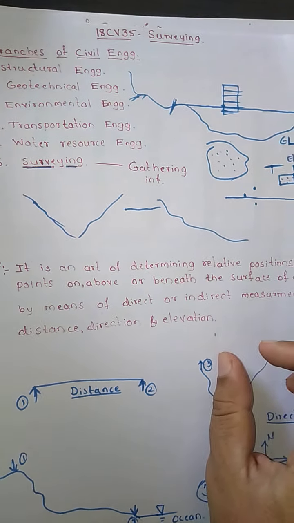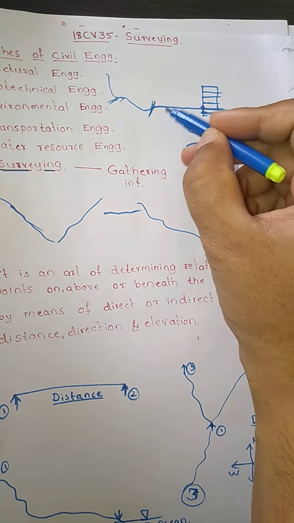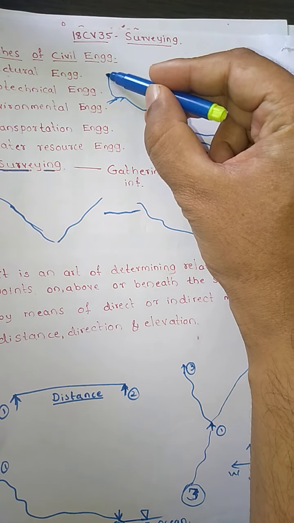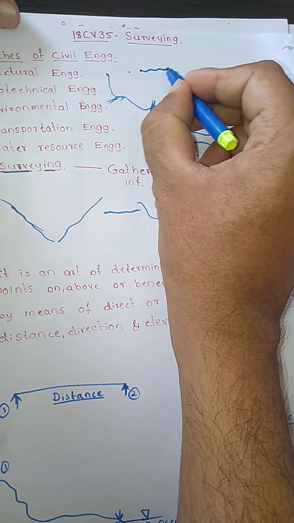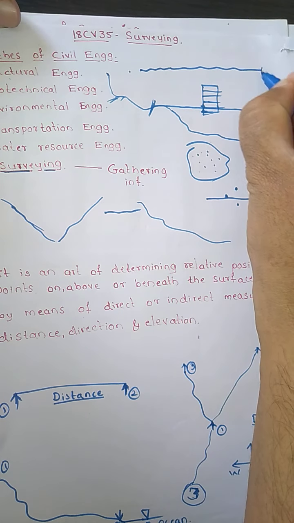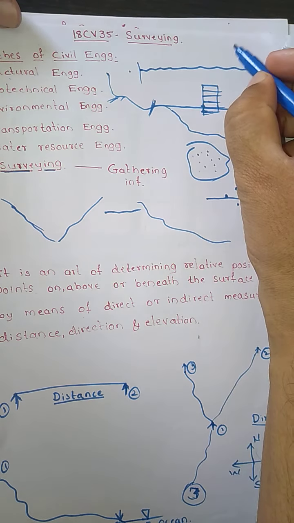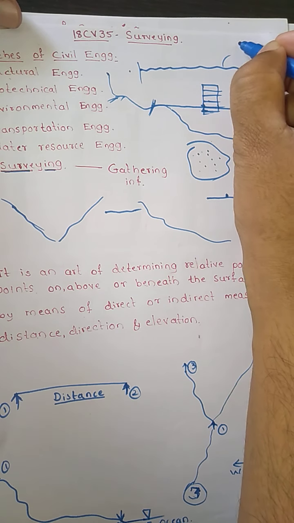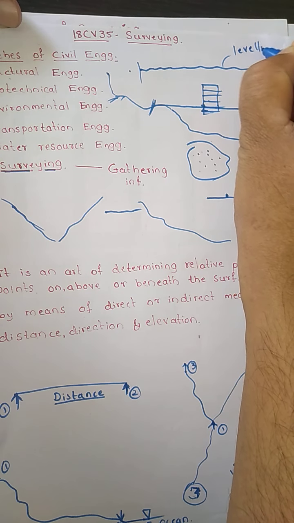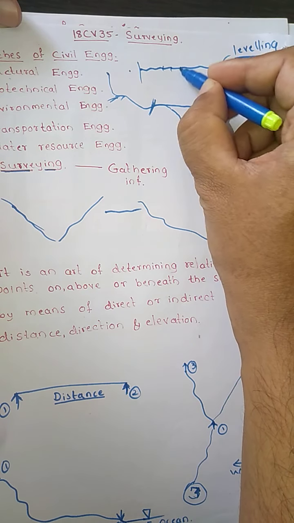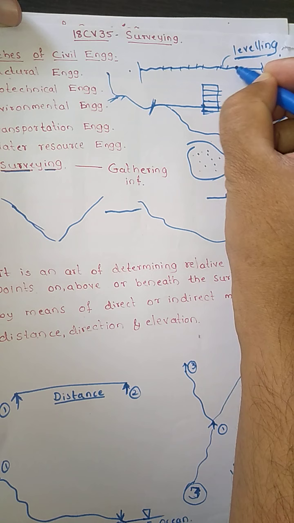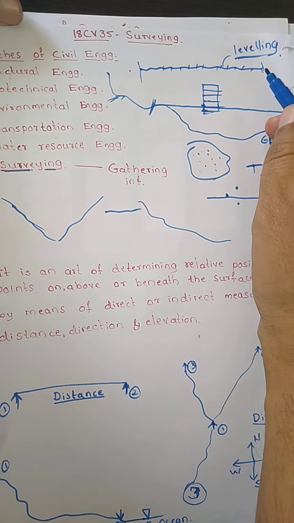Now as a civil engineer, normally we see what kind of undulations are there in that particular ground. How we get these undulations is by leveling. We'll see leveling later. So whether the ground has undulations, we are going to get it from leveling, so we will see it later.